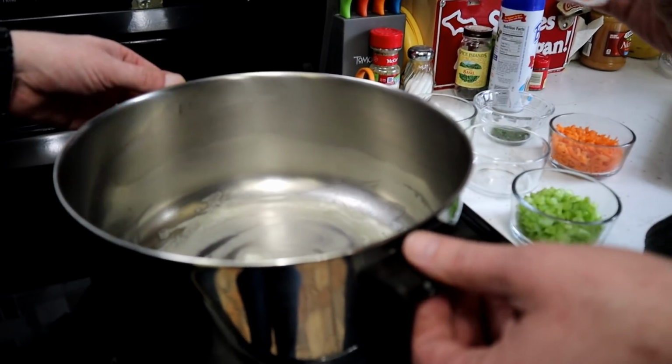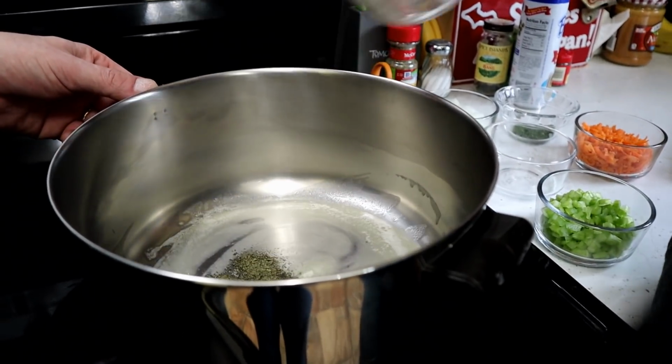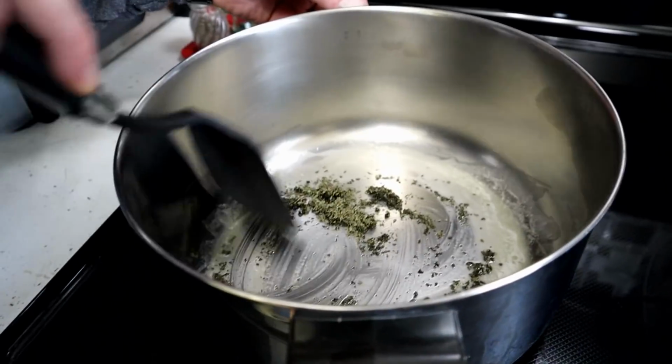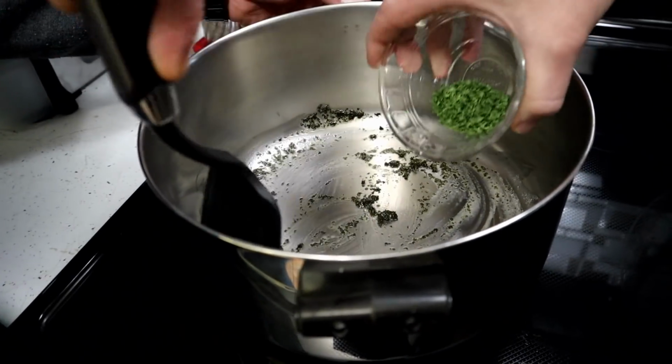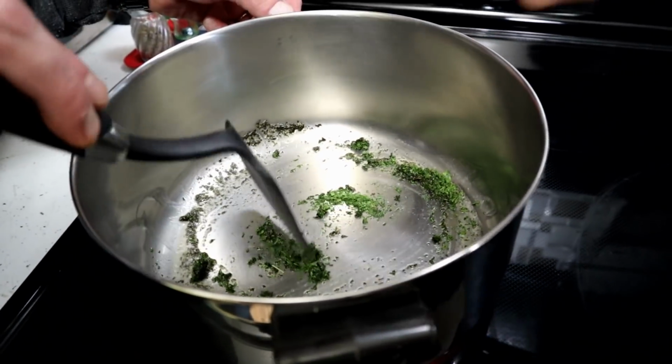Now we're gonna add a tablespoon of parsley. This is the weird part that we're actually adding all these things. Tablespoon of basil. Get it in there. That's so weird. And then